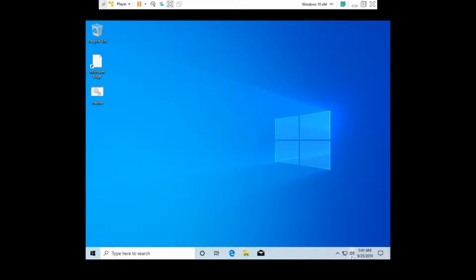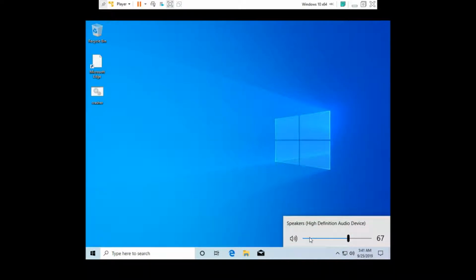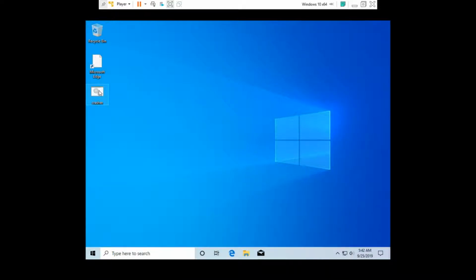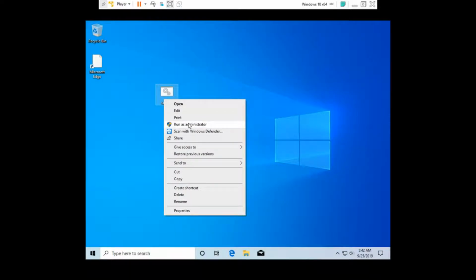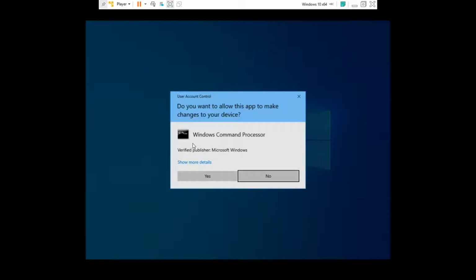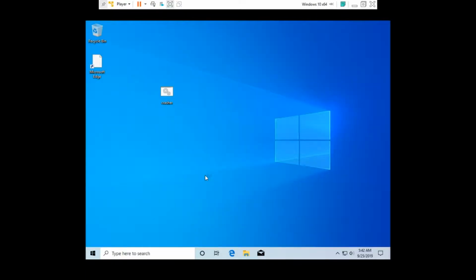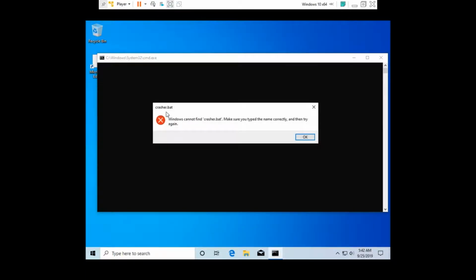Hold up. Just put this down here. Alright, so now basically you just run it. Nothing special, you just run it. Now I'm going to run it as administrator, because I haven't used this in a while, so I completely forgot what it did. But alright, we're just going to run it, just in case. Yes, and now, oh, it opened up,